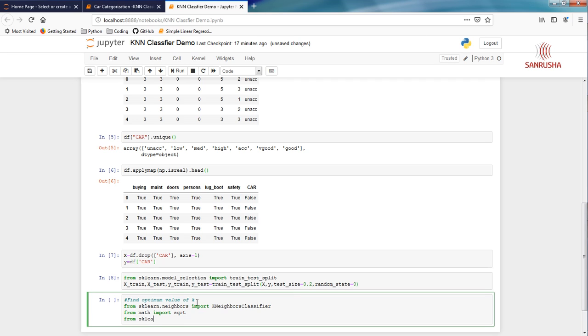From sklearn dot metrics import mean squared error. Very good.